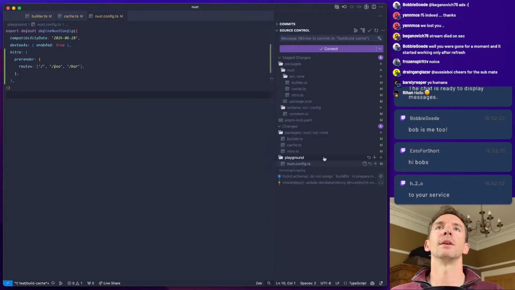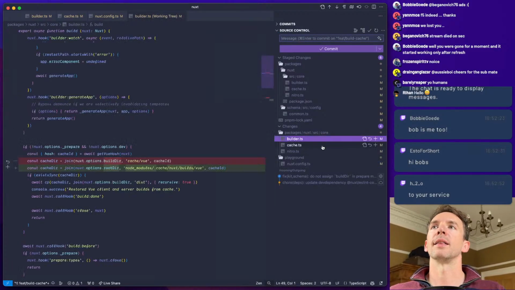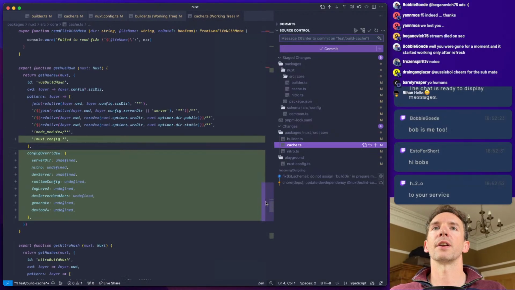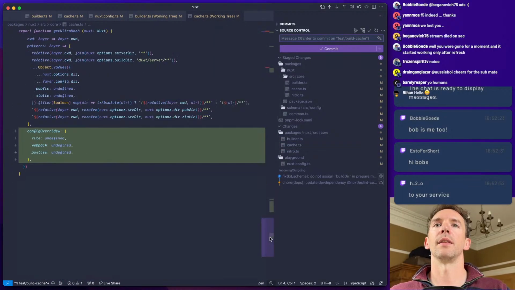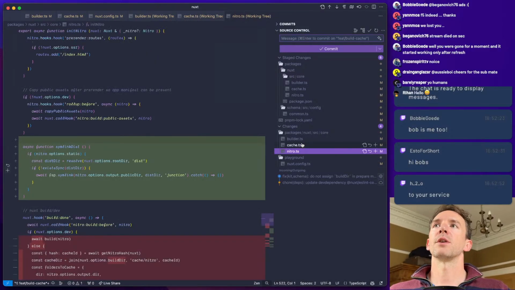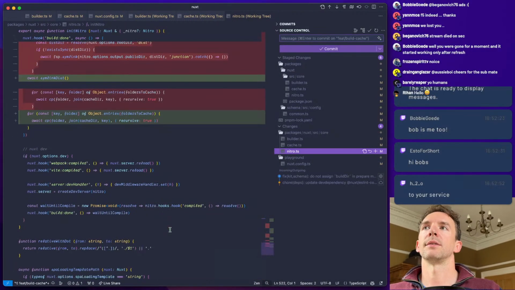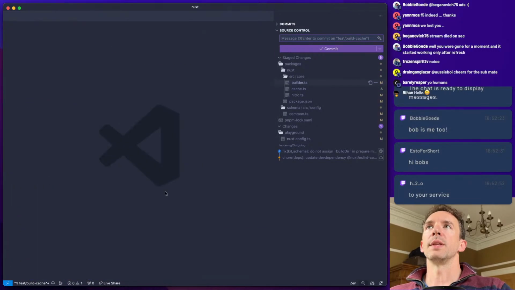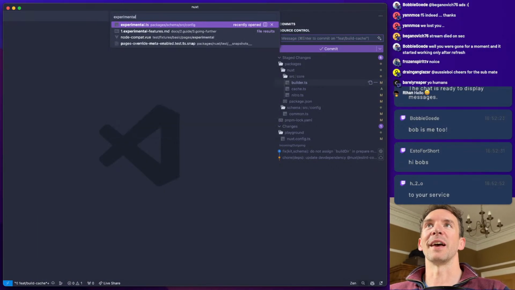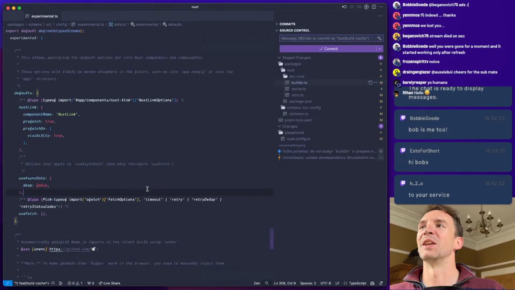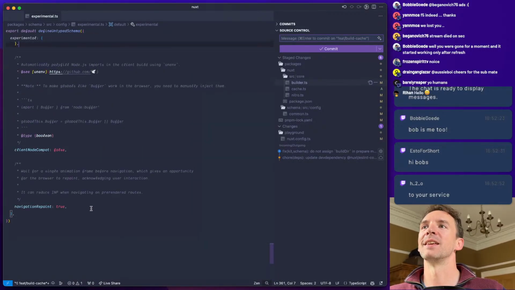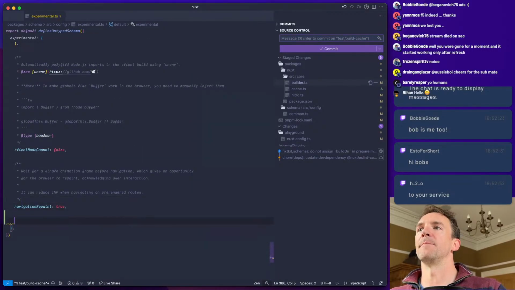Okay, so we're there. This is very close to being done. So there are a couple of things though that we do need to fix. And that is we need to hide this under an experimental flag, because this is absolutely not the kind of thing that you want to make production ready from the beginning. So we're going to want to say